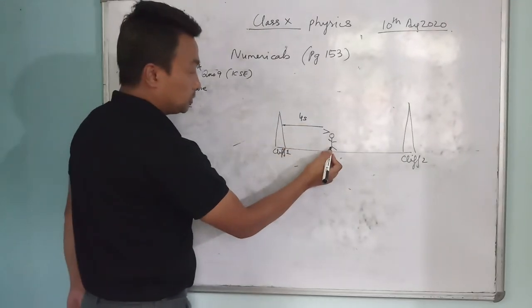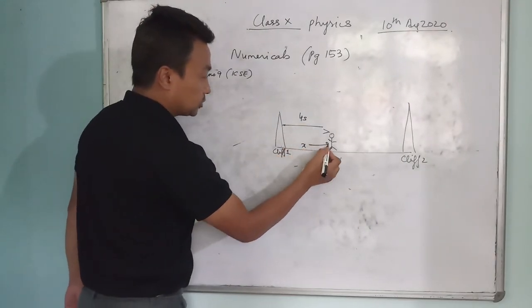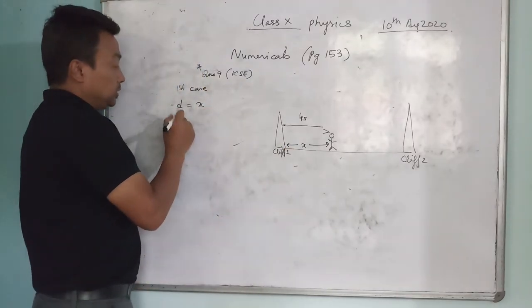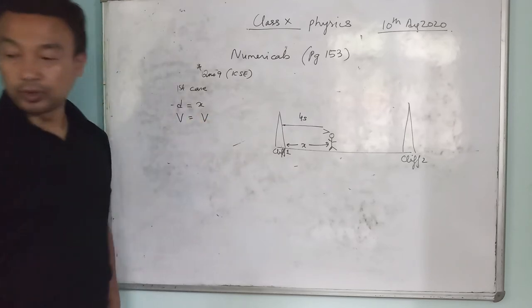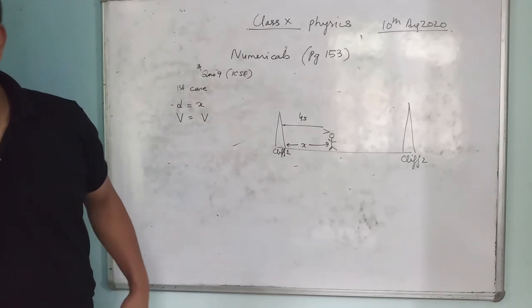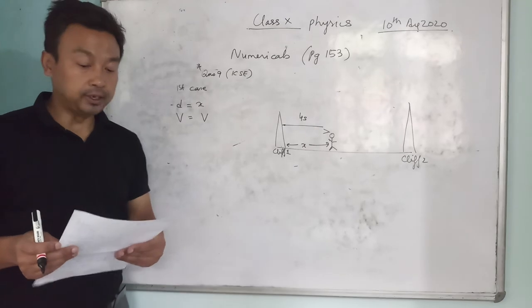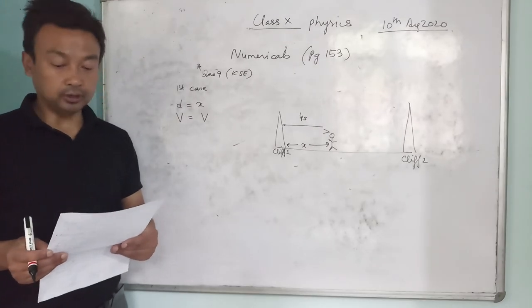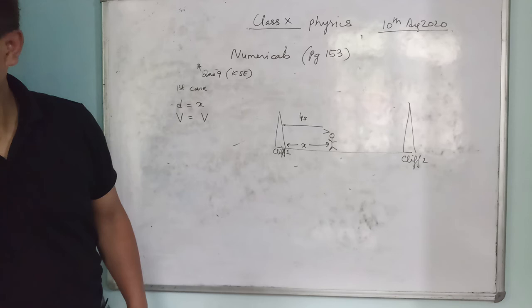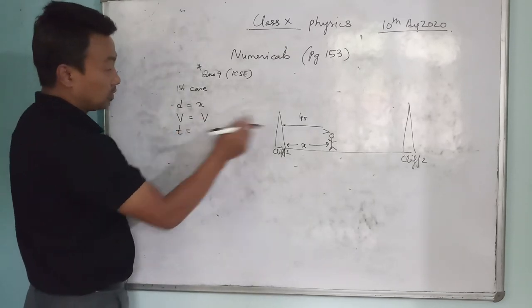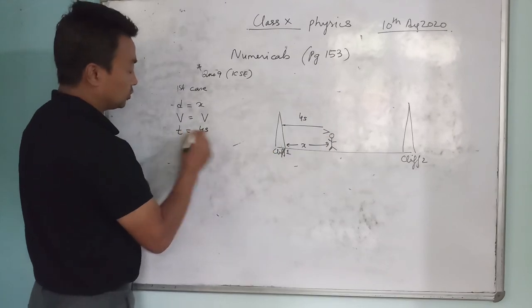Let the distance between the person and cliff one be x. The speed of the sound we do not know, we have to find that. We have to calculate the speed, and calculate the distance between the cliffs. Okay, so now the time taken for the echo to be heard is 4 seconds. So let us